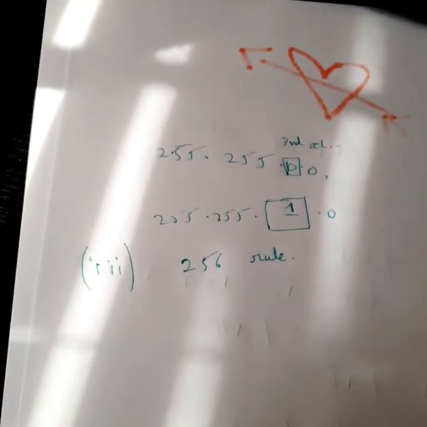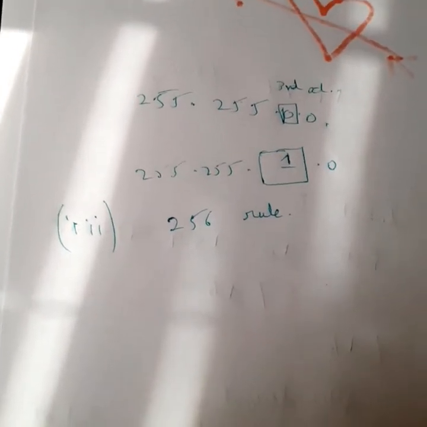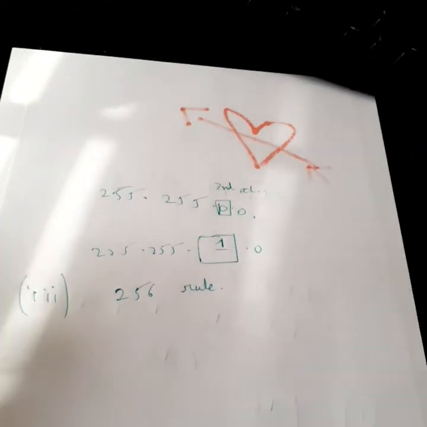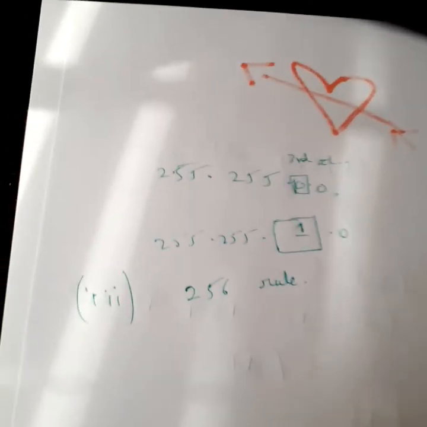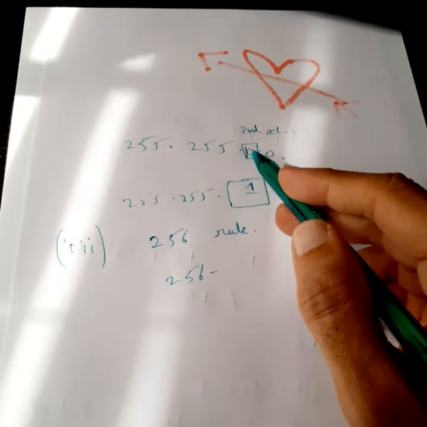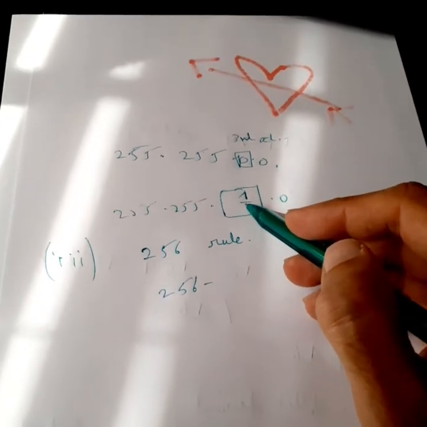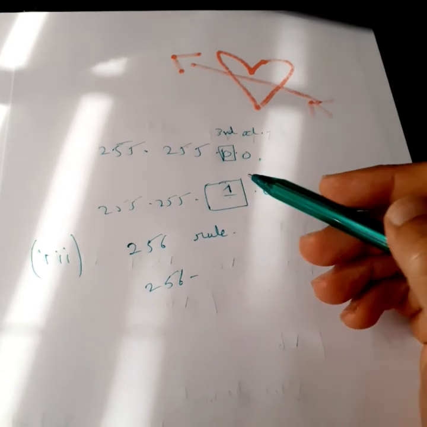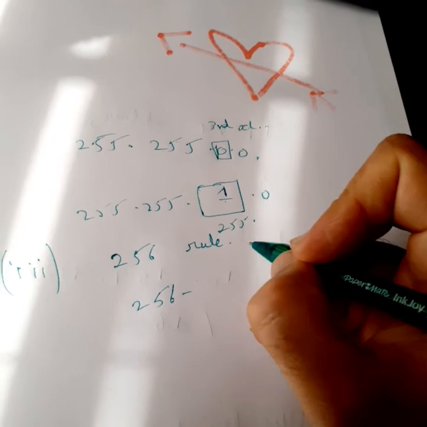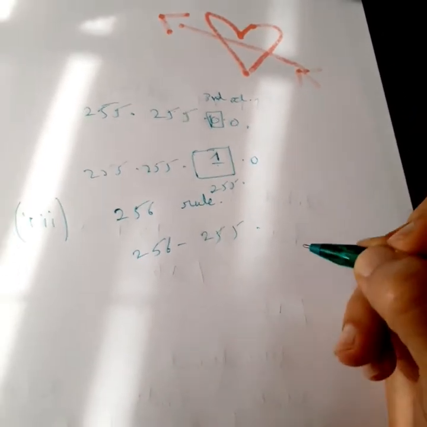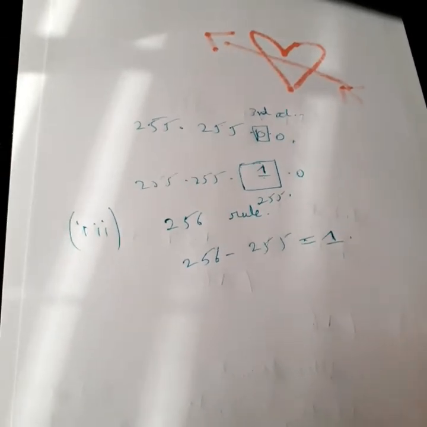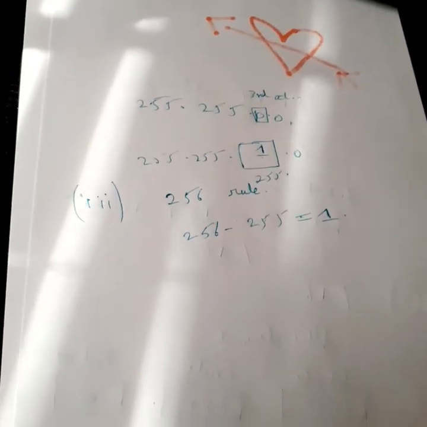As we all know from my previous videos, the 256 rule applies that we have to subtract the value. Once we assume that this is 1, all the bits have been switched on, which means that the value is what? 255. So we'll subtract 255. Ta-da! And we got 1. So we're getting closer and closer.